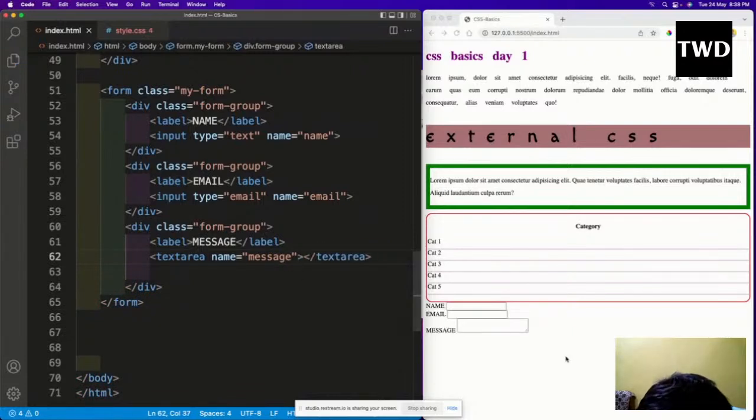Perfect. And email is there, name, email, and message is there. Perfect. So after this we will have